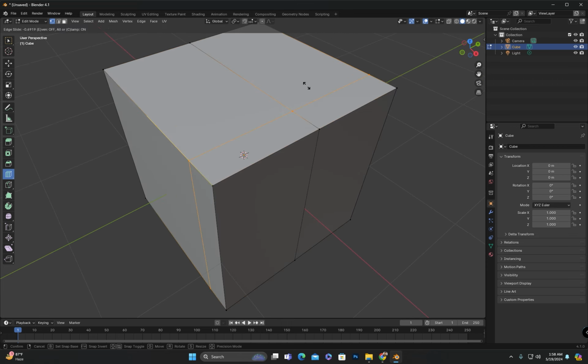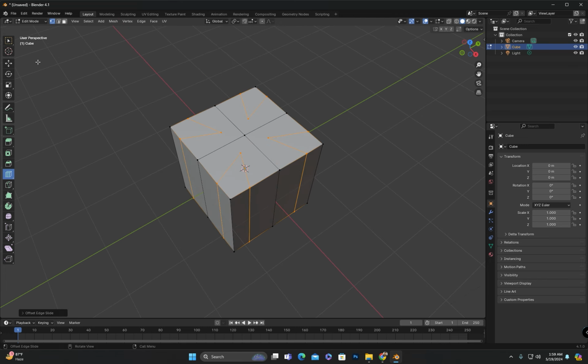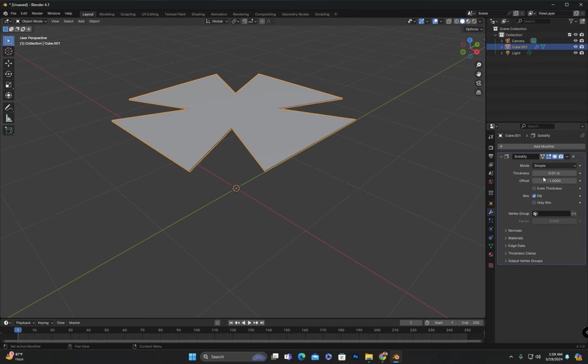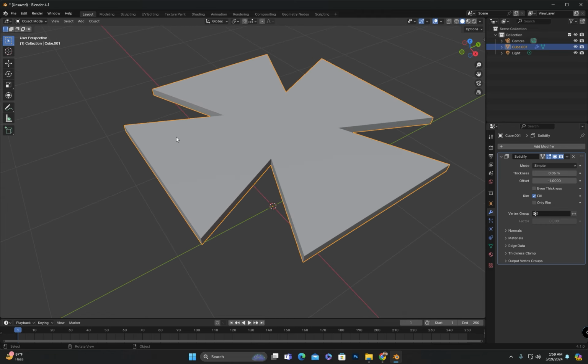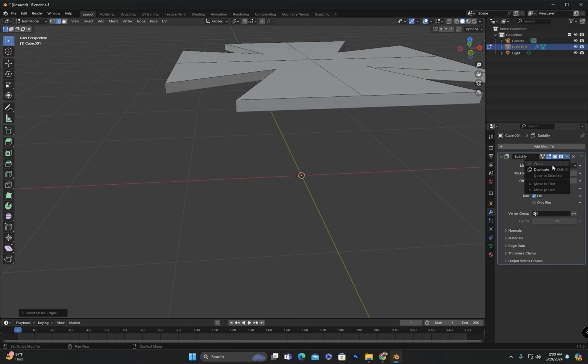If there is an edge loop on this side as well, I can select both edge loops and apply this tool to both, which will help me achieve this kind of shape. I will refine the shape further by applying some modifiers and using the bevel tool. So that's the loop cut tool and the offset edge loop cut tool.